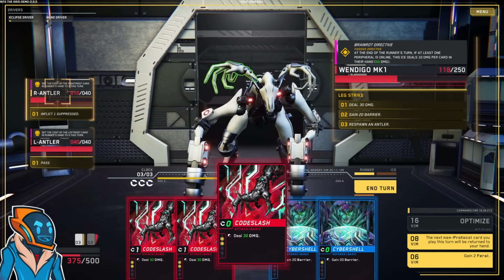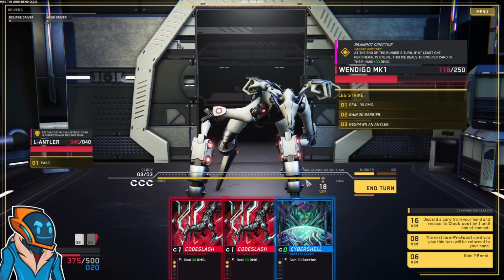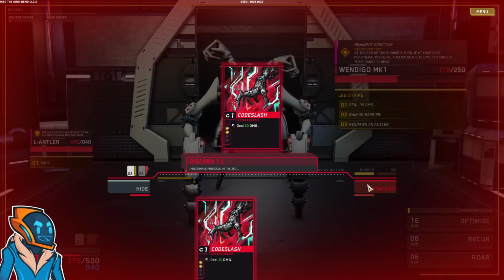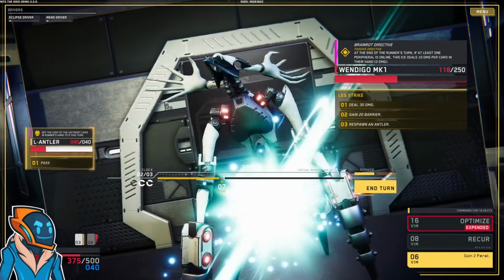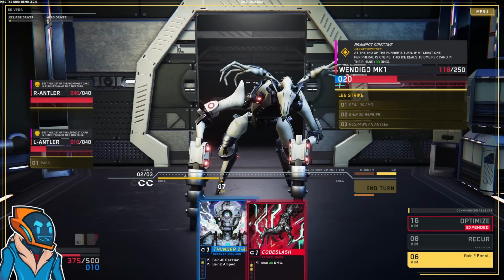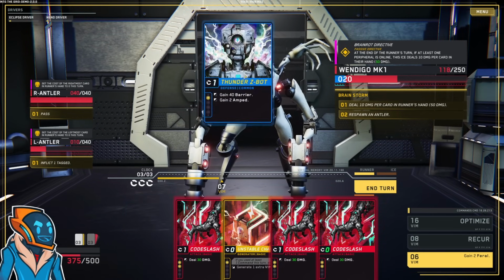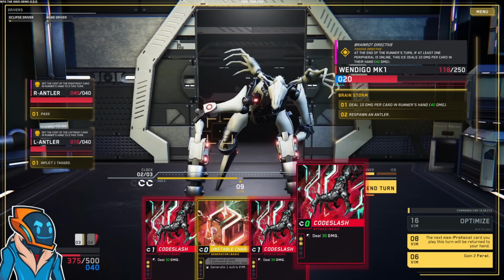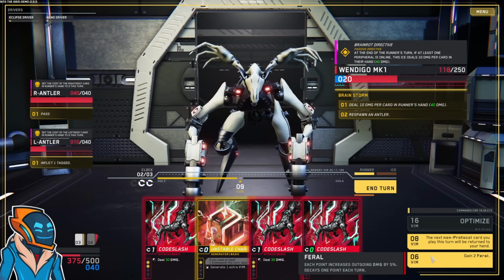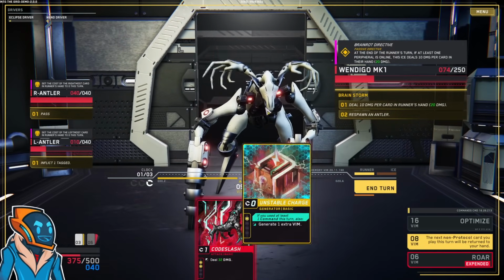You could definitely use some AoEs. Cyber Shell. Code Slash. Make something cheap. Go for the barrier. I'm just going to toss another one of these. Make it free. Hit him. I'm pretty sure if I actually focused on him, I could probably take him out faster. But I mean, I guess the one thing is we can just wail on him. He does damage scaled on...